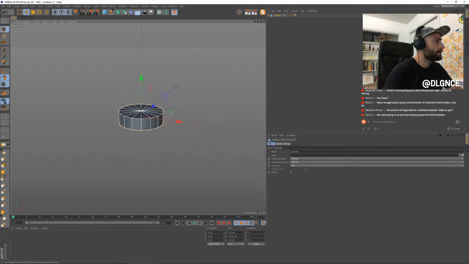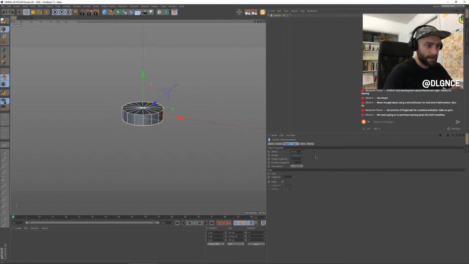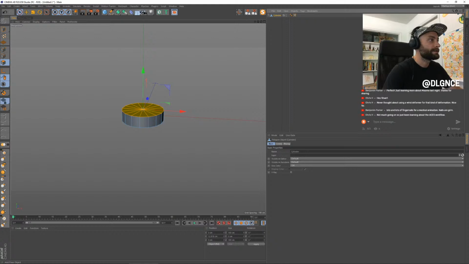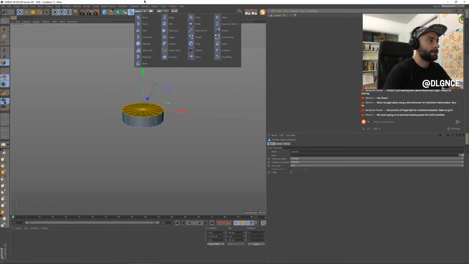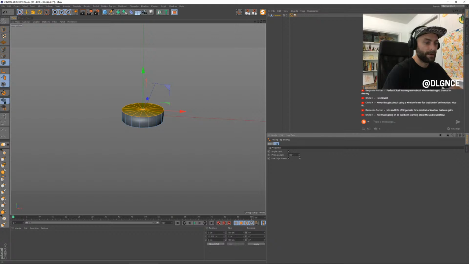Expand that. First, you know what I'm going to do actually is, let's unexpand it. Caps. Now, for whatever reason, cylinders, when you expand them, are broken. Right? So if I grab this and move it up, weirdness. And it doesn't have a create single object function. Come on, Cinema. So I'm just going to throw this into a connect object, expand that, turn the font down a little bit,